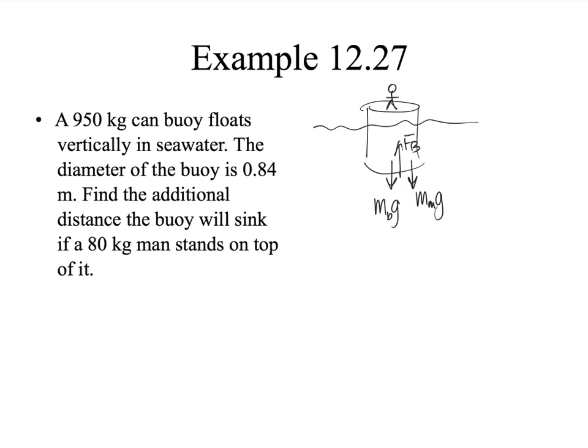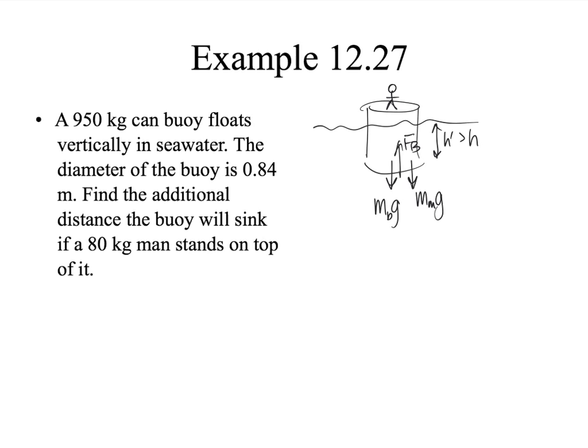So it should stand to reason, hopefully you understand, that this h prime is greater than the h that we just found, because when you put the additional person on top, the buoy's going to have to sink, and what will happen is it will displace more fluid,